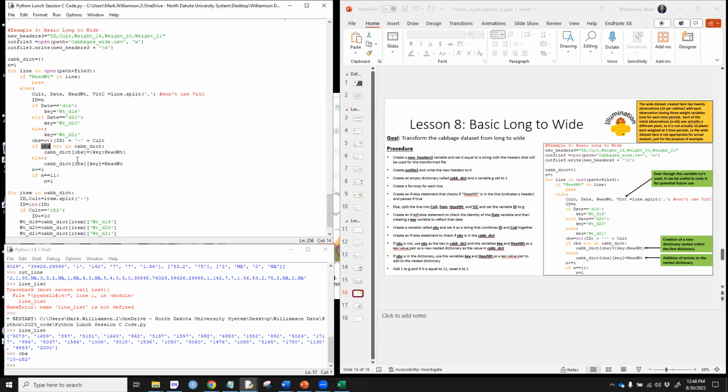And the variable observation will be the key here. And then we're actually going to create a nested dictionary inside that, using the key-value pair as the key being the key we made here, and then the value being the head weight. So if observation is already in there, we're going to use the variables key and head weight to add